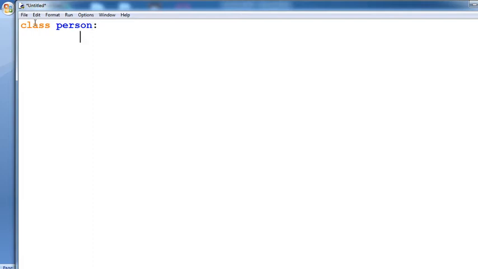After that you define the function, def __init__, with mysillyobject, name, age. The same example we will take.